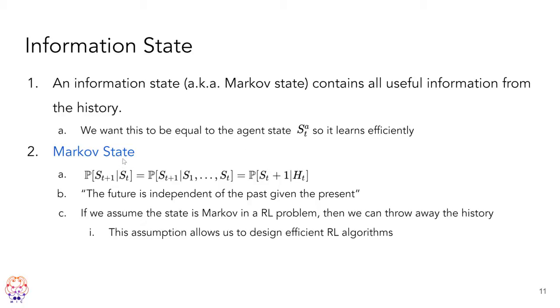And so we call this also a Markov state. And this is just some math of what it means. But basically, we want the future to be independent of the past. So that means that we don't have to go back and look over our history and then reevaluate what we know just to find out what the state is. We already are given the state, and so that has all the information necessary. Okay?